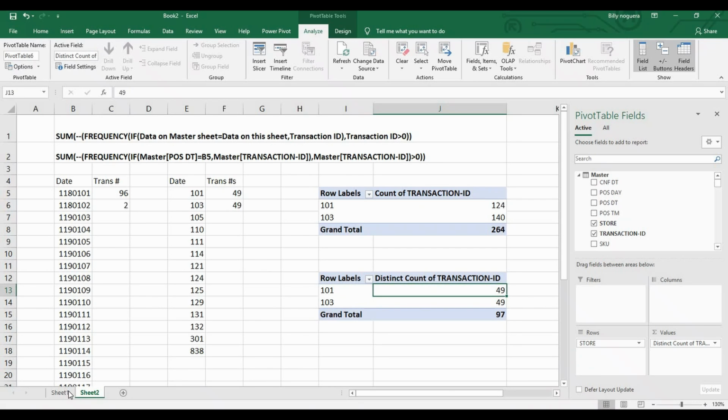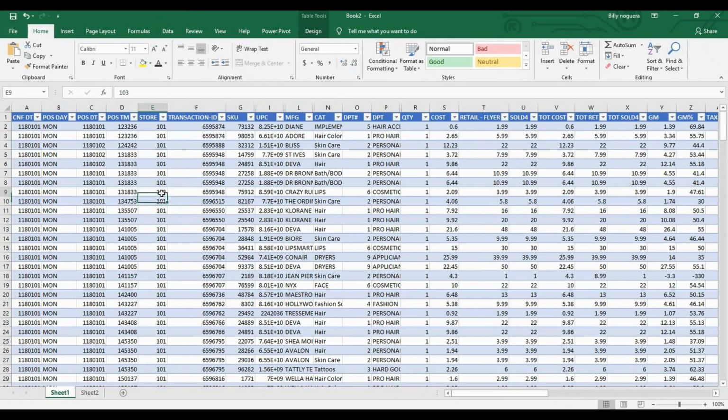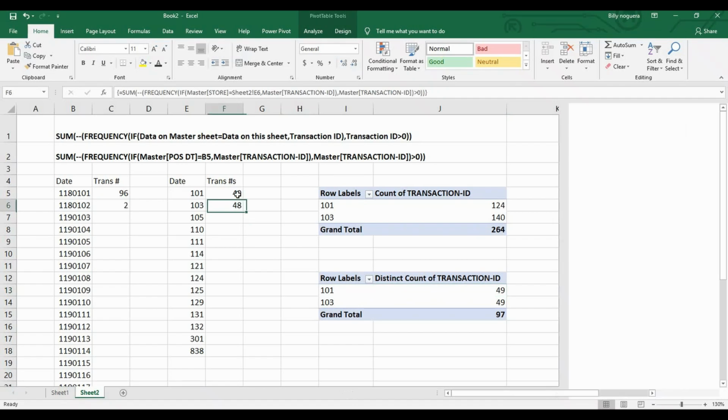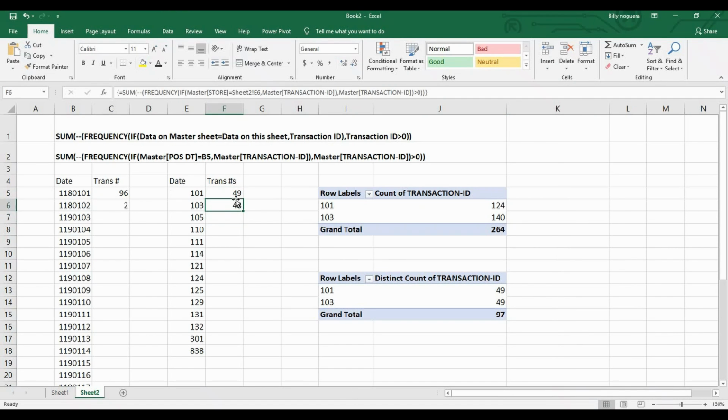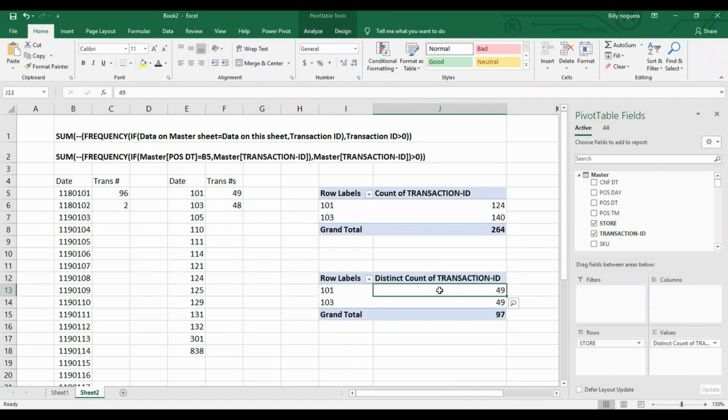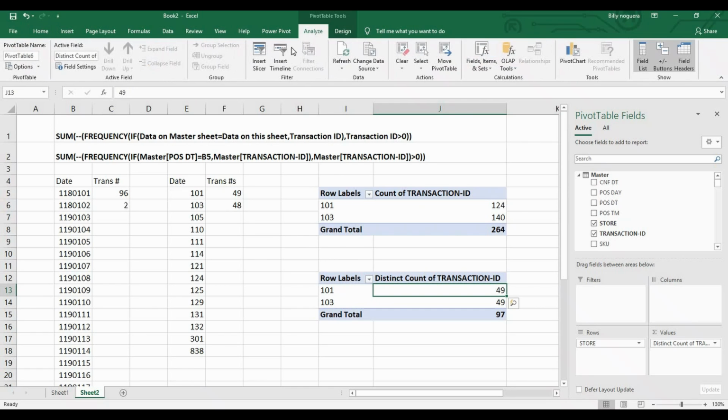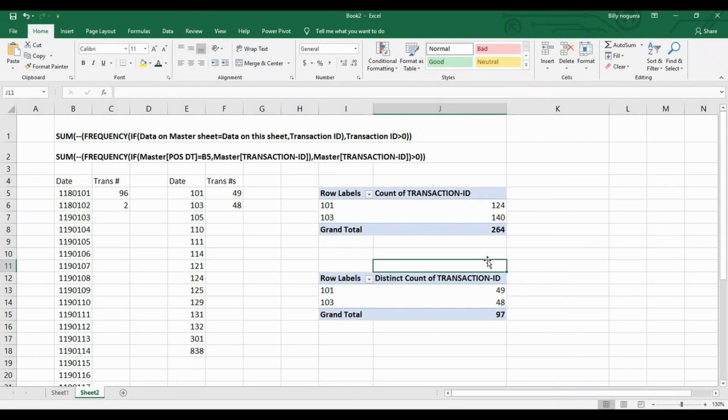Let's go back and change it to 101. Hit enter. This is changed immediately from the one where we used the formula. To come back to the pivot table, we have to come back and analyze and refresh my data. So I hope this was helpful to you guys. If you have any other questions about how to use this formula,